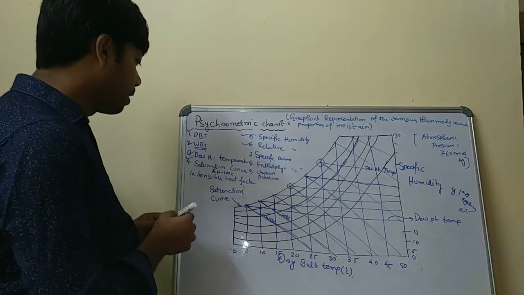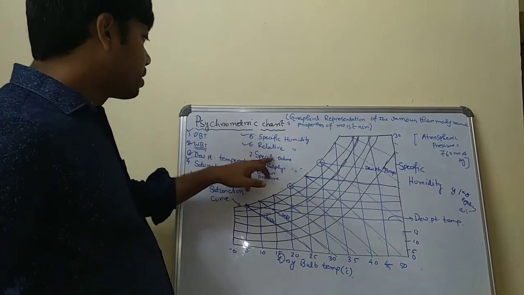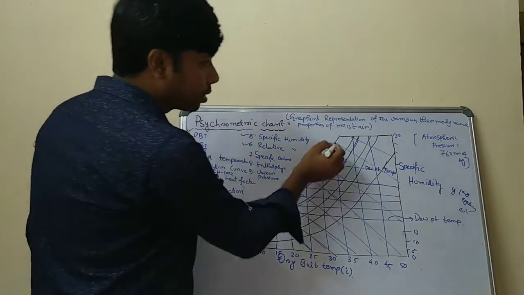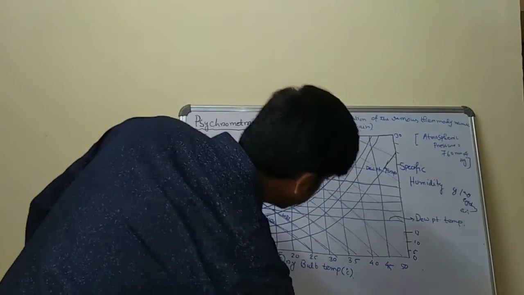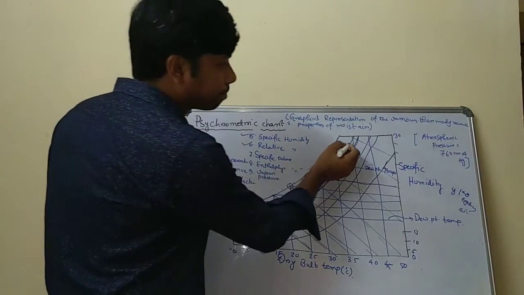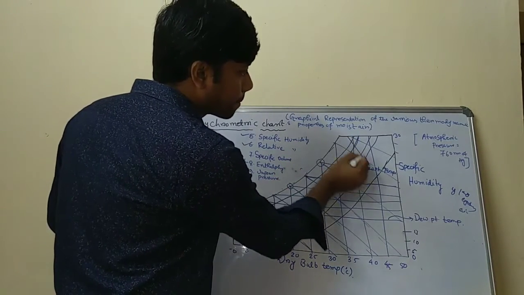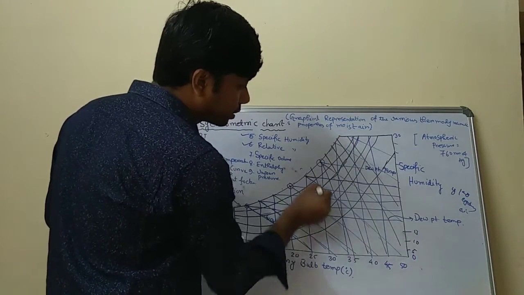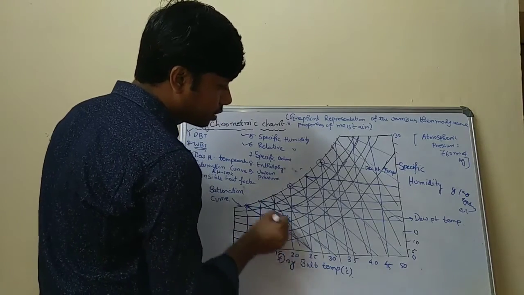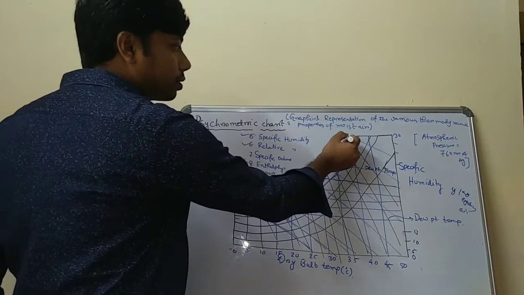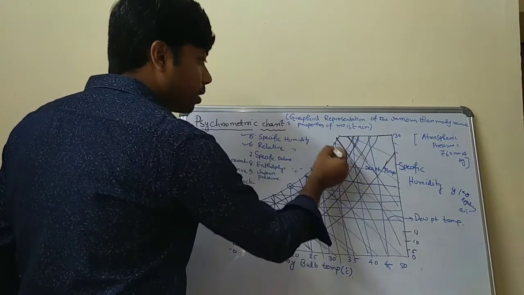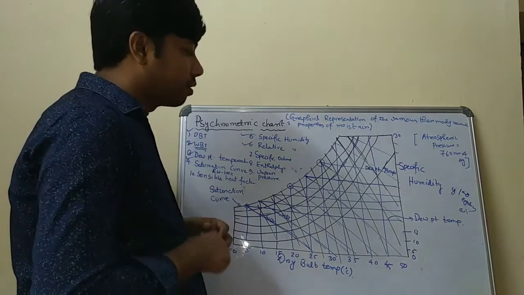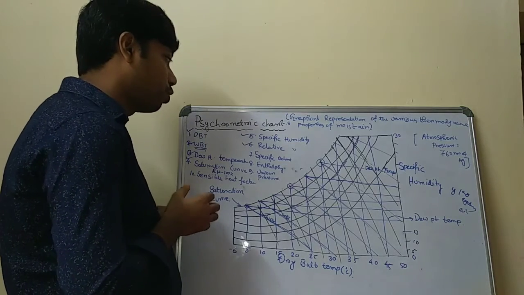Now, the remaining points are specific volume, enthalpy, specific vapor pressure. The specific volume is actually in your chart. It looks like this. In this way, you can see that there are specific humidity lines. There is a black color, so these are the relative humidity. These are the specific volume lines. It is also mentioned in your psychometric chart. If you go through your psychometric chart, you can easily identify the specific volume line.